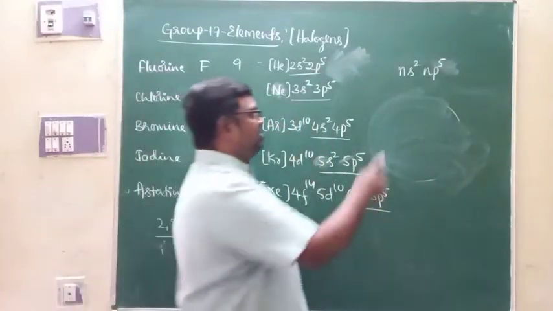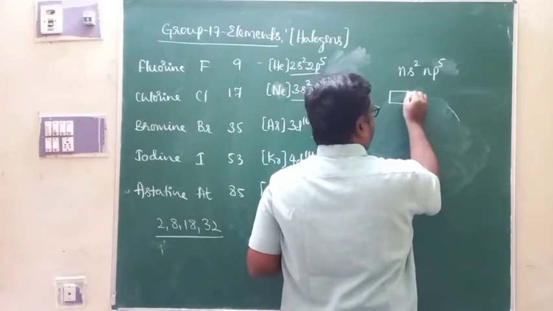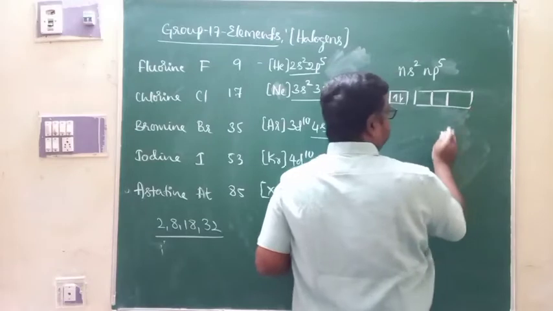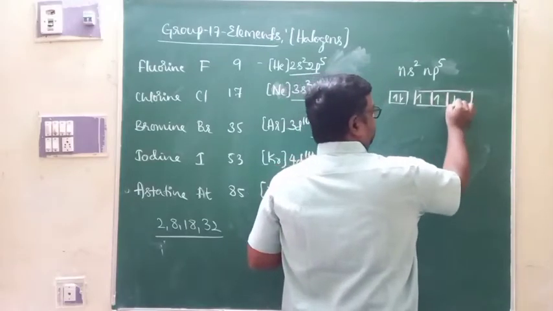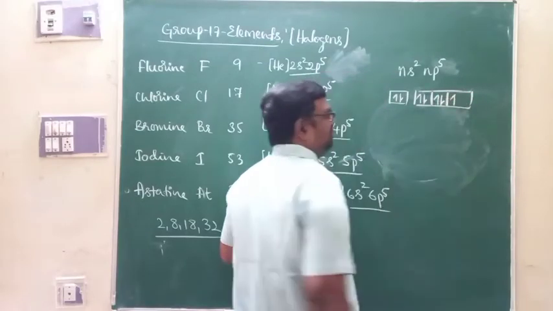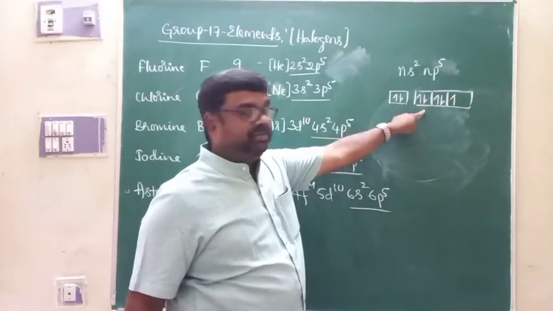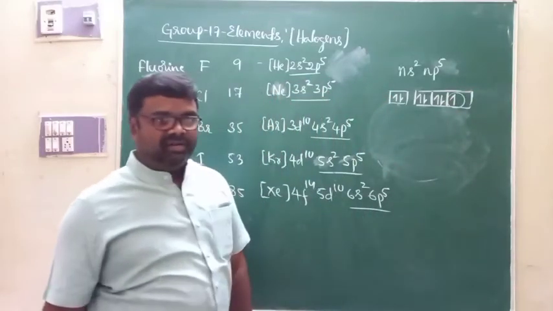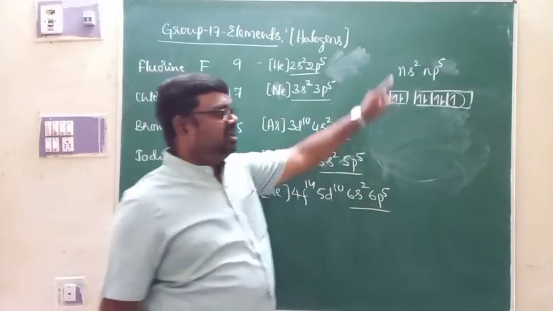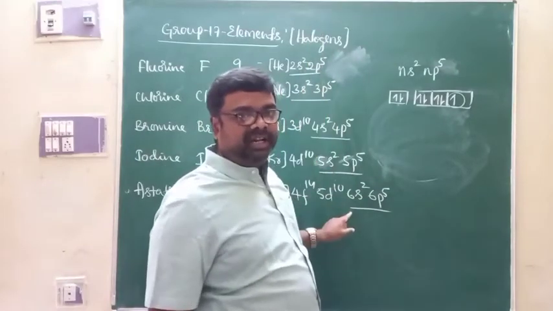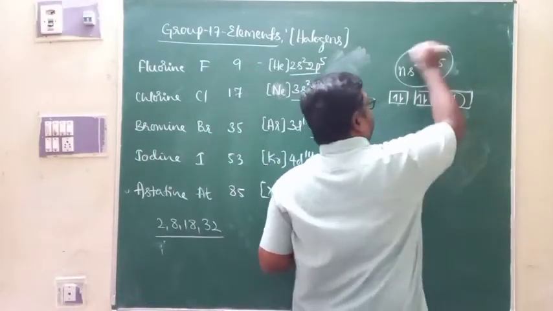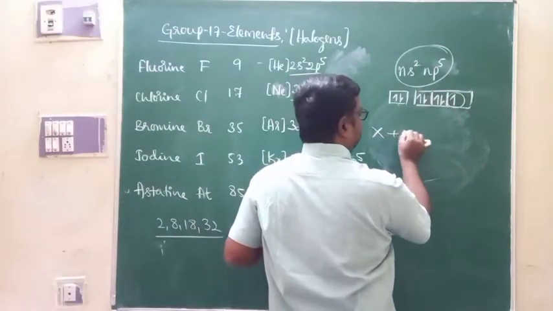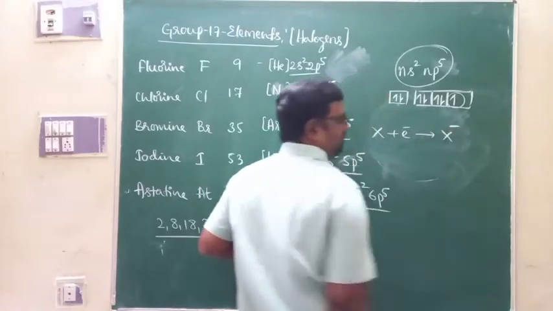Out of the 7 electrons in the valence shell, we have 2 electrons which will be paired up, and the 5 electrons in the p subshell, you just follow Hund's rule, and this is how the 5 electrons will be filled in the p subshell, with 2 electrons in the ns subshell. Therefore, we'll have only 1 unpaired electron in the valence shell of group 17 elements, and there are 7 electrons in the valence shell. Because of that, halogens have a high tendency of gaining 1 electron.